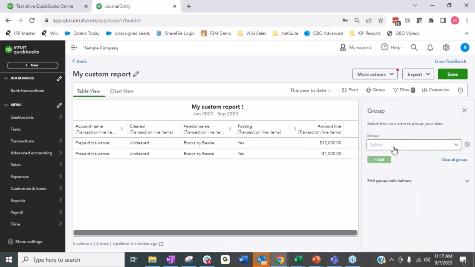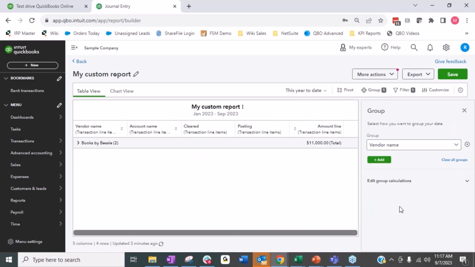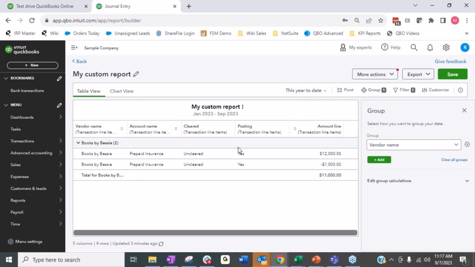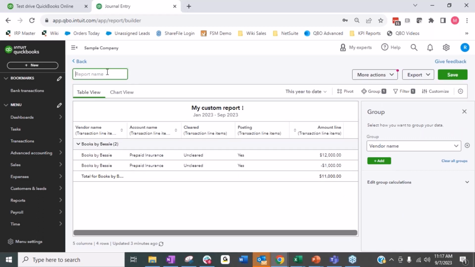And then the last thing is I'm going to group by vendor name as well. It just helps me to keep things organized. We do need to edit our report. I'm going to call this prepaid subledger,